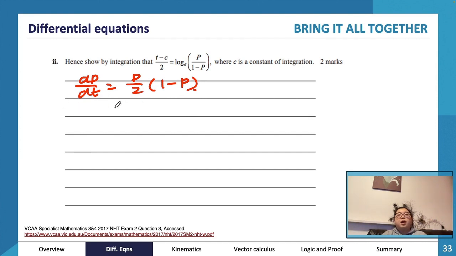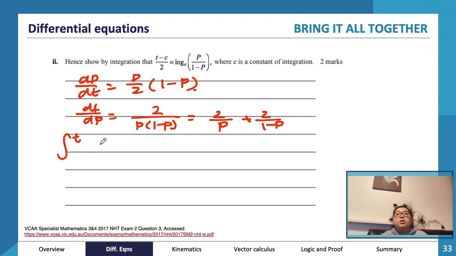So if we undo this, we'll say that dt over dp is equivalent to 2 over p times 1 minus p, which coincidentally is our 2 over p plus 2 over 1 minus p from before. So therefore, if we do it from here to here, they just did the constant of integration, so we can use that form that they wanted us in rather than doing the terminal one. So what we can do here is we can just say t is going to be equivalent to the antiderivative of